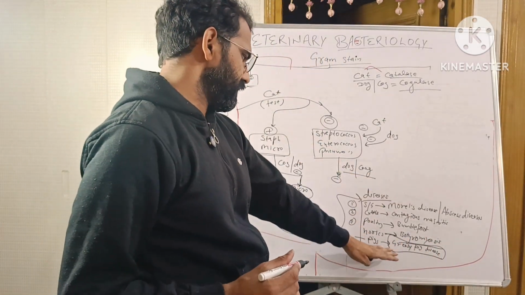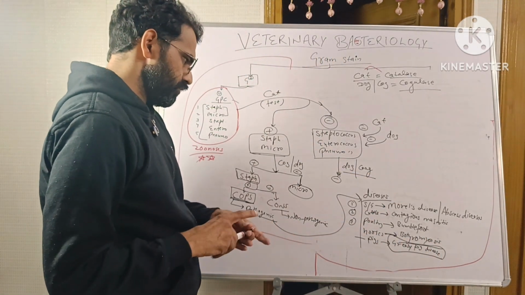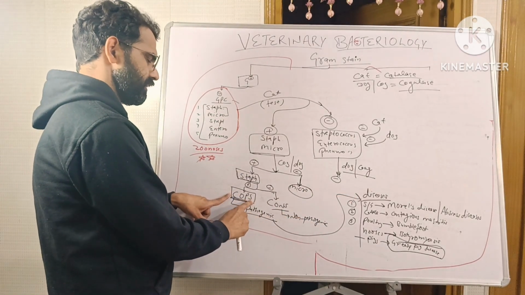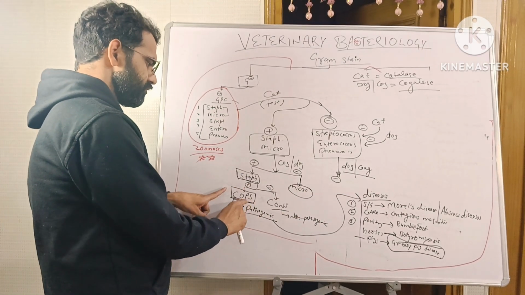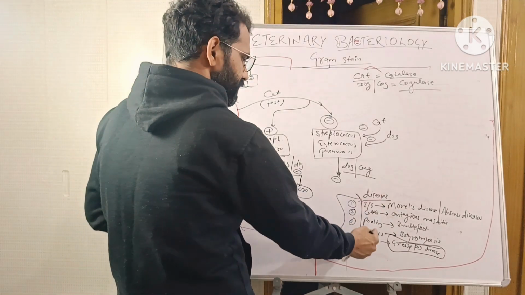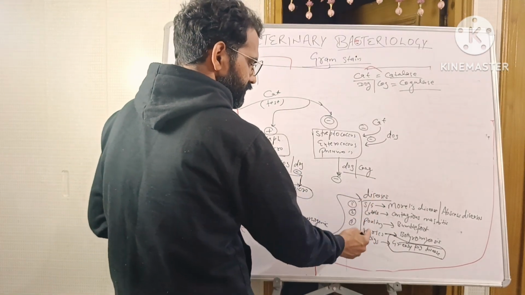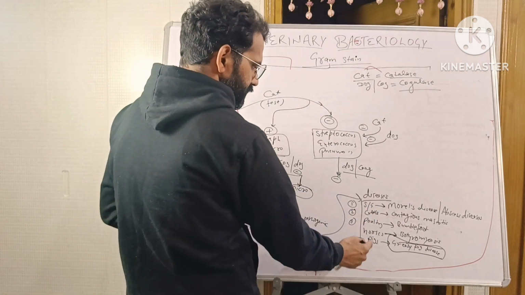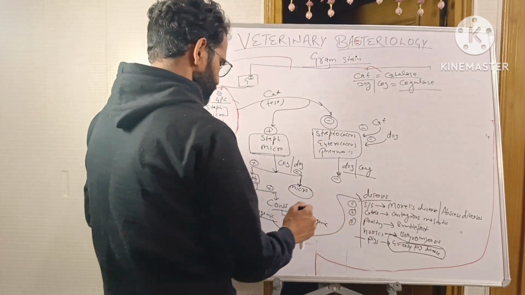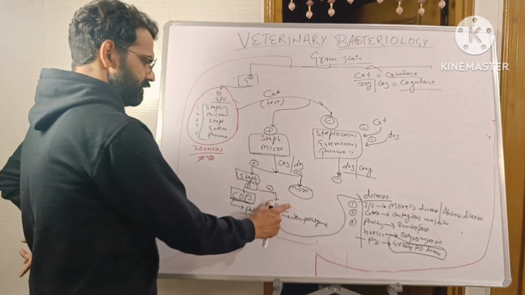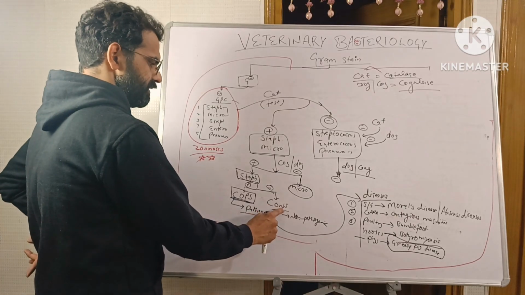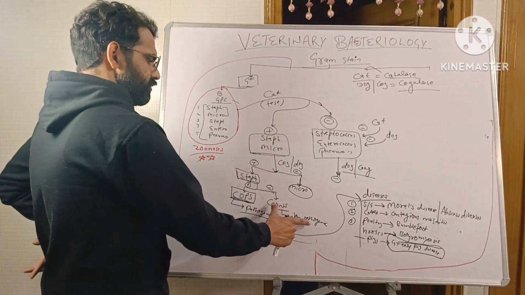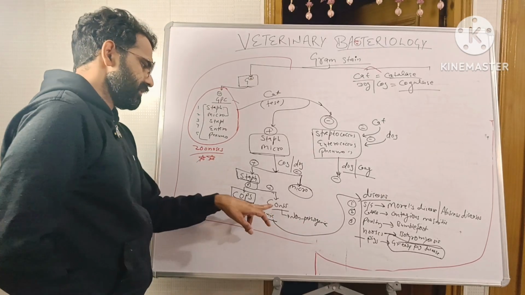So these are the diseases caused by coagulase positive staphylococcus. So coagulase correlates with the pathogenicity, meaning disease causing ability. They are pathogenic and cause these diseases. And those which are coagulase negative are non-pathogenic. Mostly they do not cause any disease, but there are some